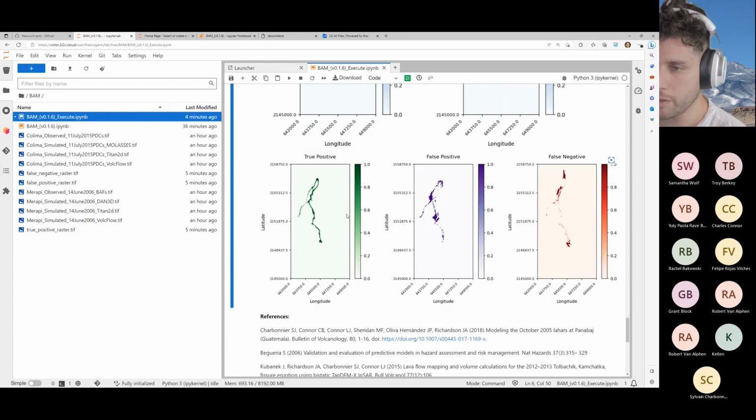And finally, here are the three plots showing the true positive, false positive, and false negative. Man, it looks terrible now. That allows you to see how these rasters are either matching or disagreeing. And as you might have noticed, maybe not, it ended up saving all three of these as new rasters